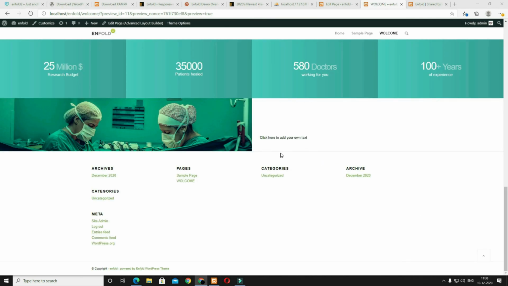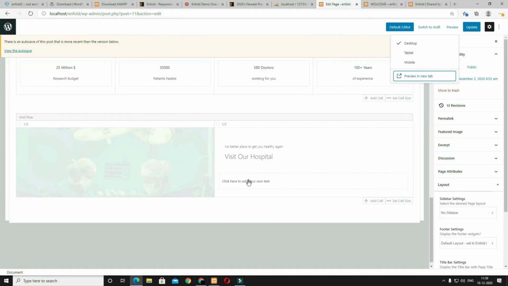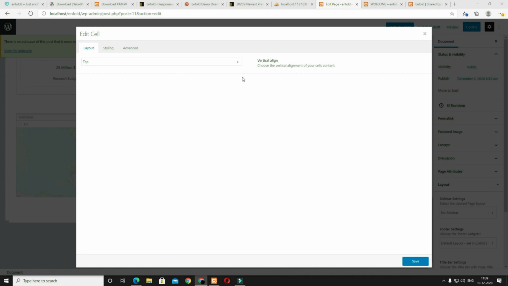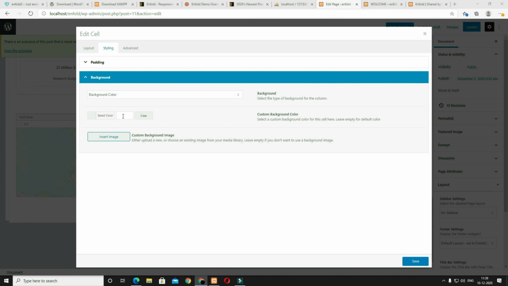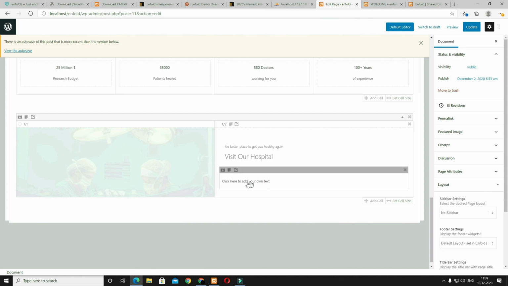I have to add some background color and some top and bottom padding also. So come back here, click on this edit option. So the layout will be middle. Come back to the style option. The top padding I am taking around 160 pixel. After that the right padding I am taking around 80 pixel. After that, padding bottom, here also I am taking 160 pixel, and padding left I am taking 80 pixel. Now clicking the background option, and I need this color. After that, clicking the save option, and come back to the text block also.